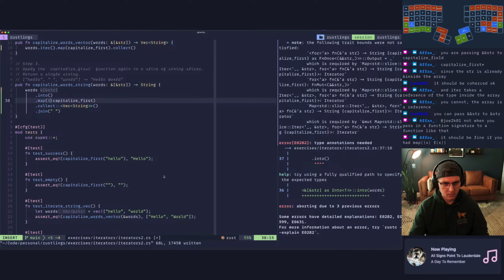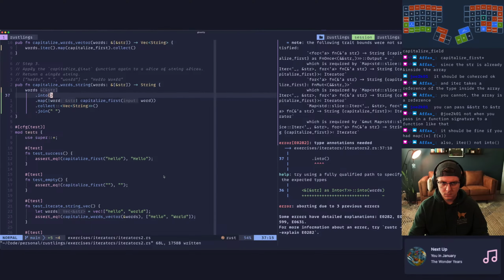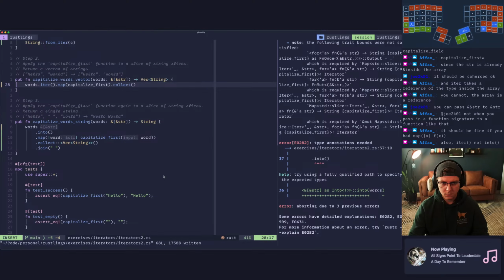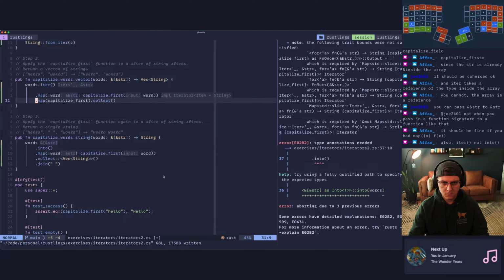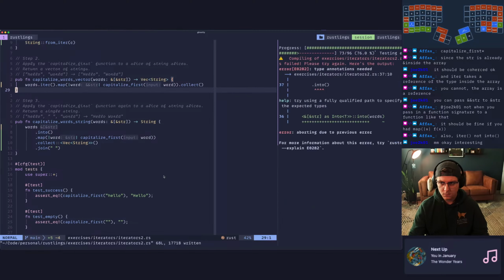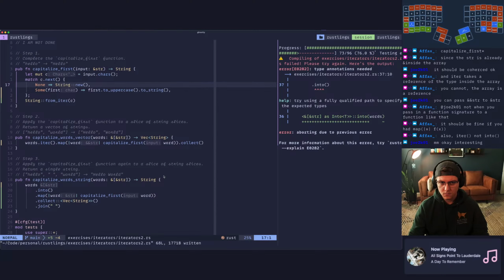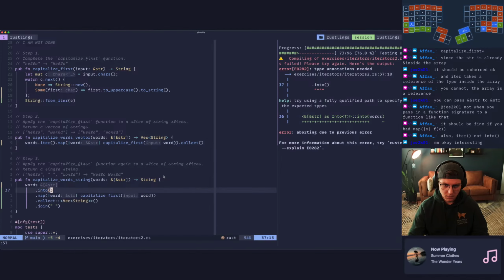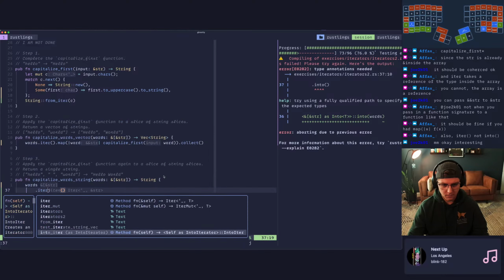Where is that key? On line 37. Oh, that needs to be iter. I'm dumb.